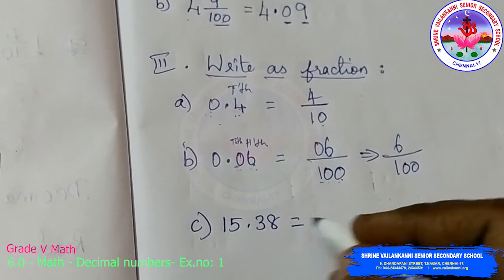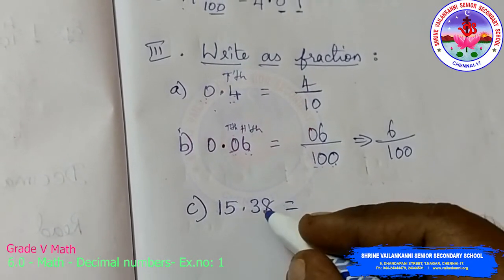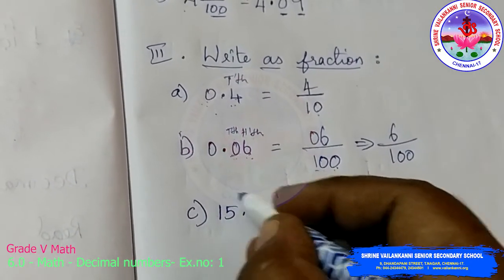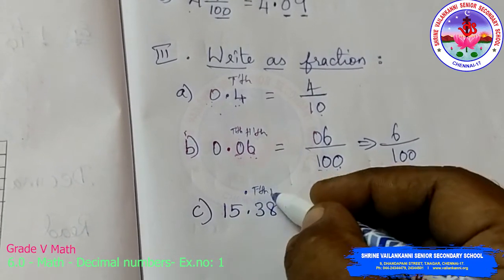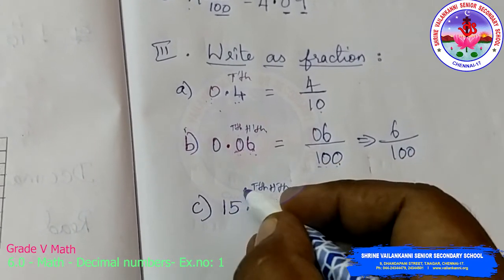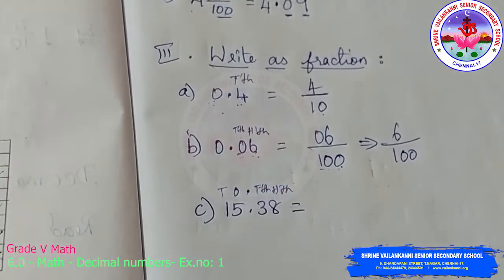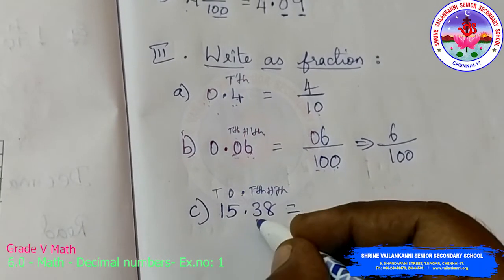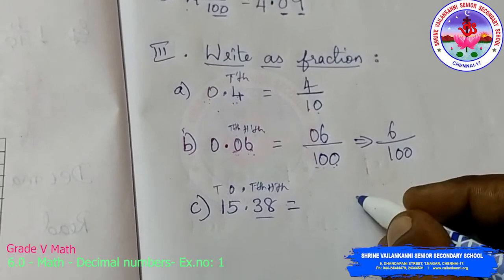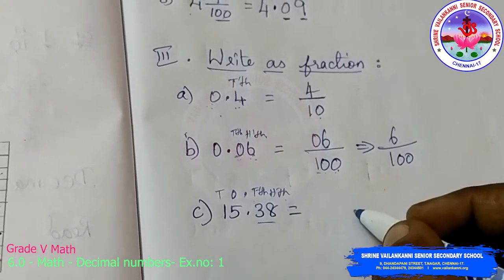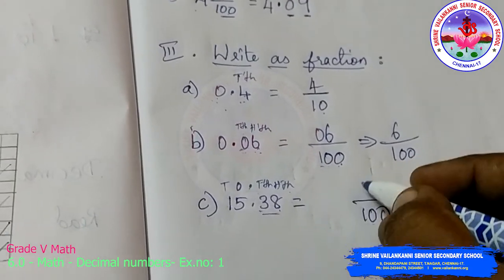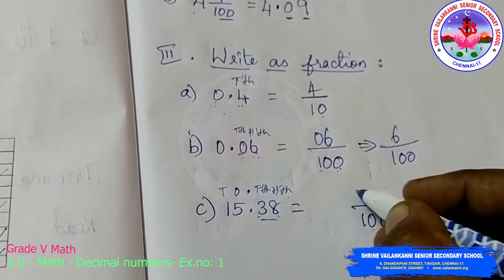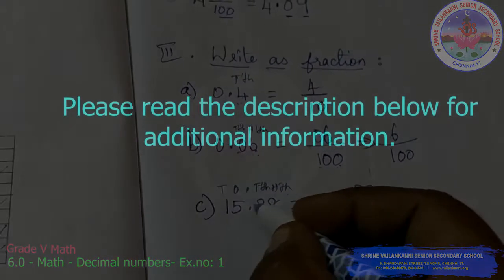One more sum finally: 15.38. After the decimal: tenth, hundredth. Before the decimal: ones, tens. First convert this decimal. Tenth, hundredth means the denominator has 2 places, 2 zeros, so 100. After the decimal whatever number, write it as it is. So before the decimal